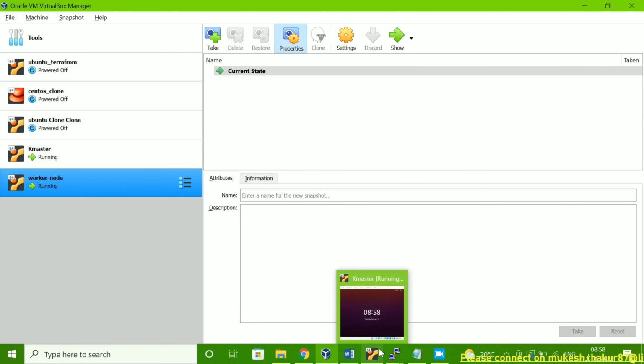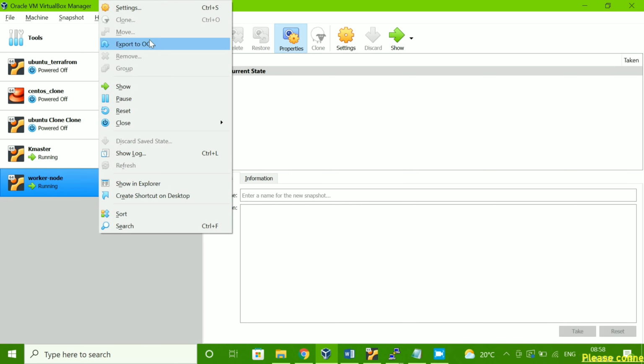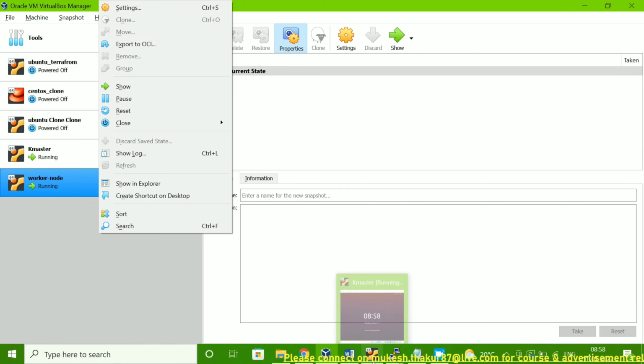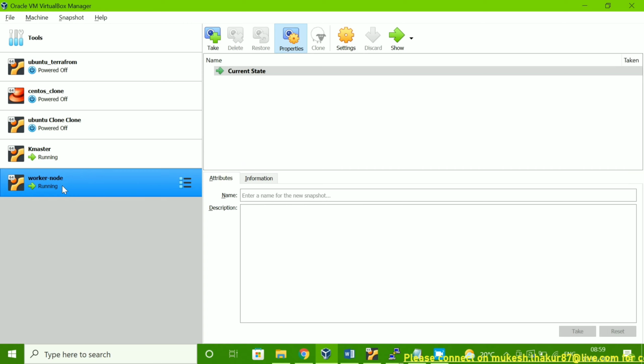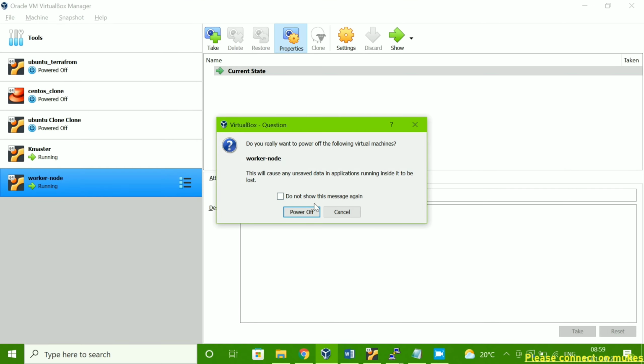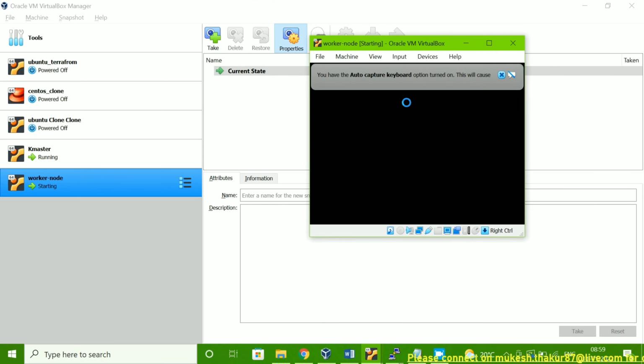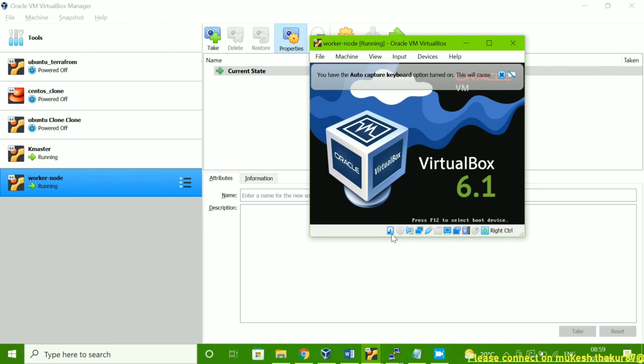Still it's not showing. Okay, something is a problem. One second. Let me again stop, power off, and then let me power on. Yeah, now it's coming up fine.